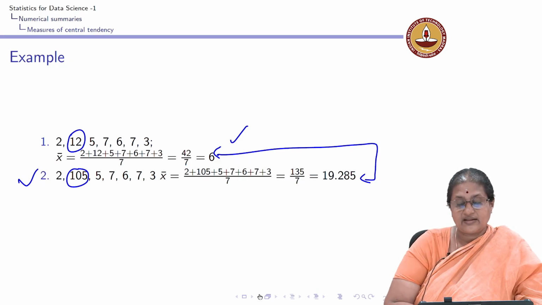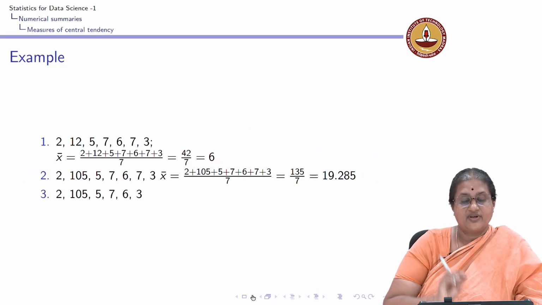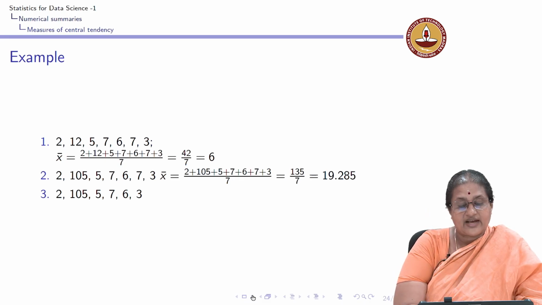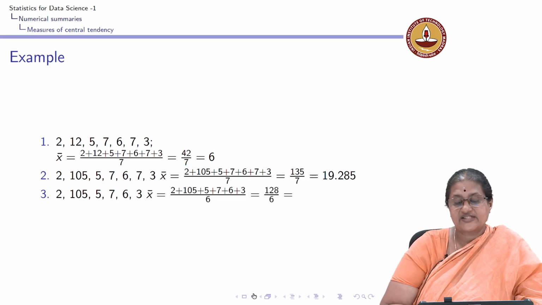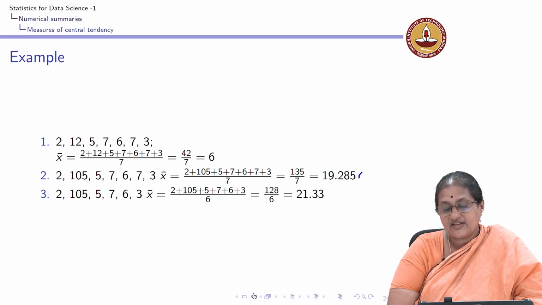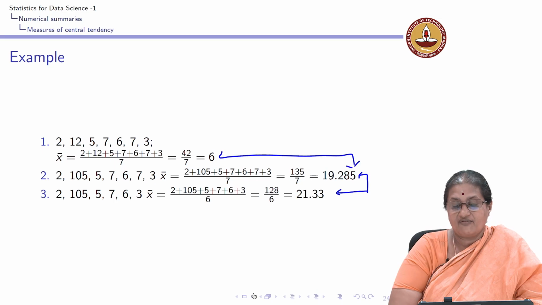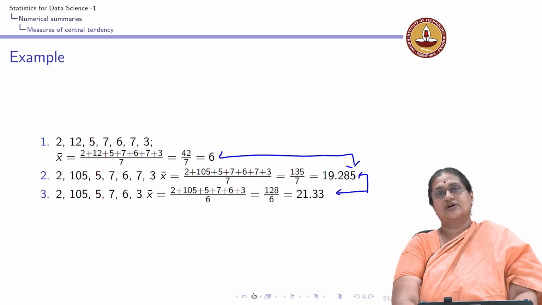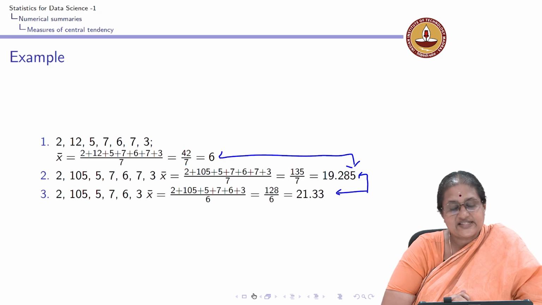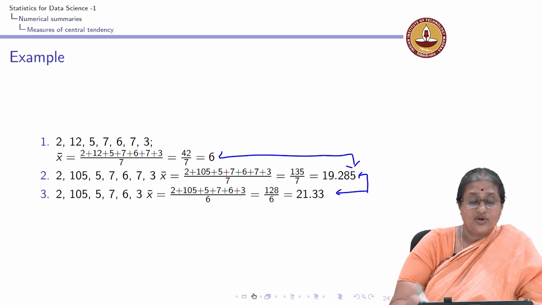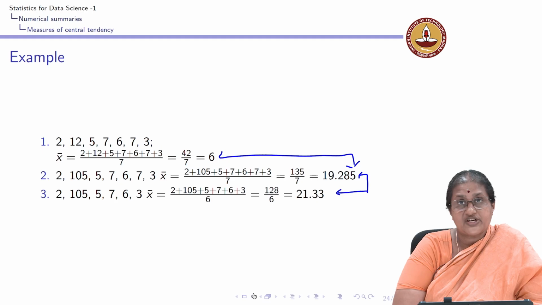Now let's look at another data set, which is the following, where it has only 6 observations now. It doesn't have the last observation. The mean for this data set is going to be 21.33. We see that these two means are fairly close to each other, whereas these two means are very different from each other. So what this tells us is the mean, even though here I have only one observation which is